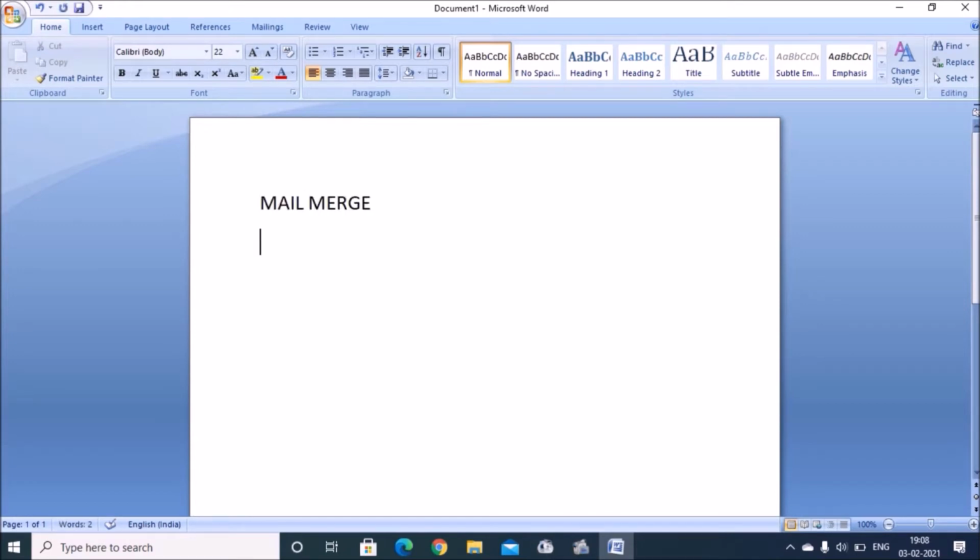One thing you should know is that in mail merge we create two documents. The first document is used to create the list of participants or candidates for whom you have to prepare that particular letter or email or invitation, and another document will have the main content. For the purpose of understanding, we are using the same document for the main content, and during this mail merge process we will create the list of candidates as another document. Mail merge can be used by using the mailing tab.